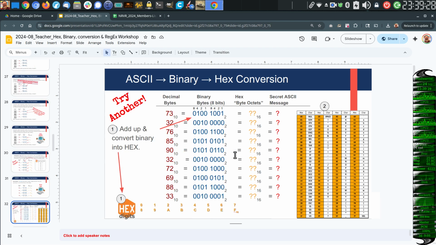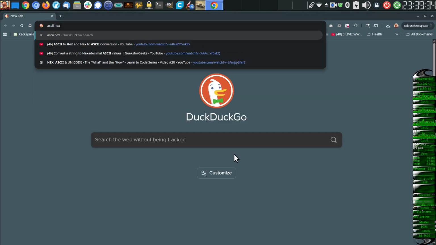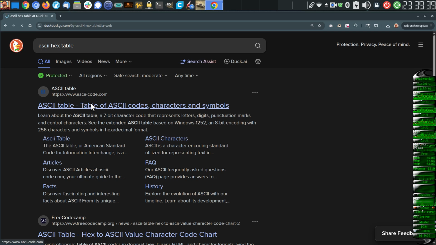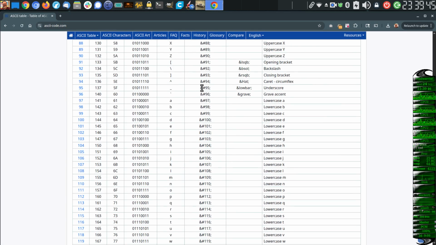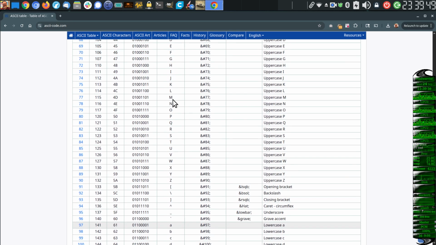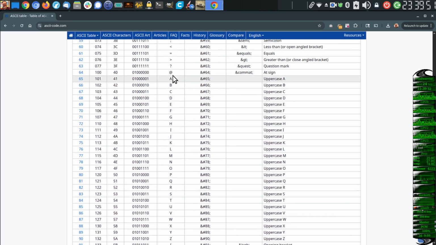So if you look up an ASCII hex chart, ASCII hex table, it'll show you exactly what we're talking about. So here's the decimal value. Here's the printable character here. They even give it to you in binary. Look at that. Here's the lookup for A is 65, B is 66, C is 67, and in hexadecimal,